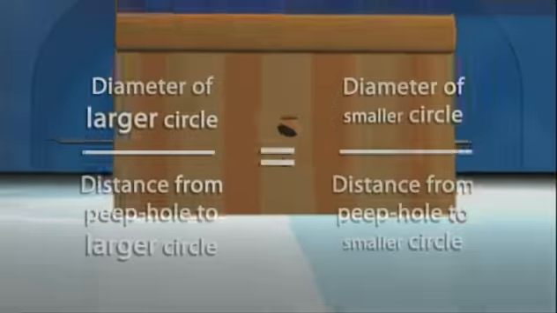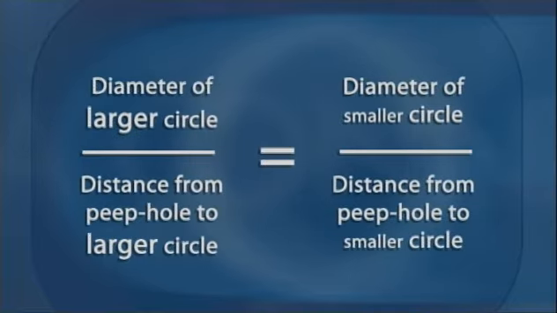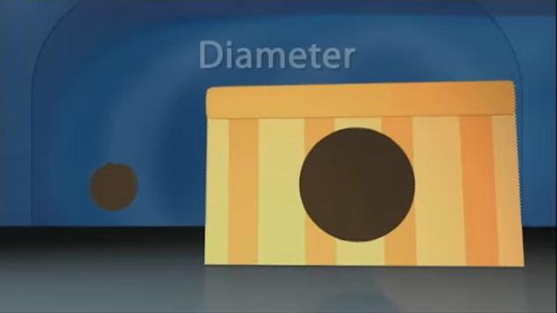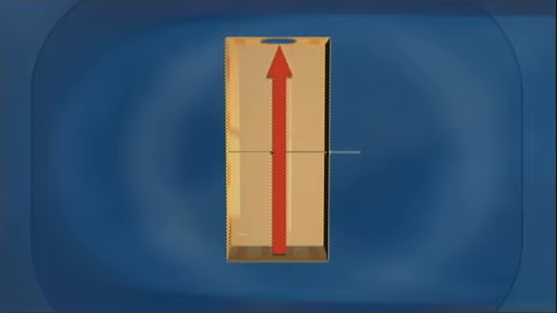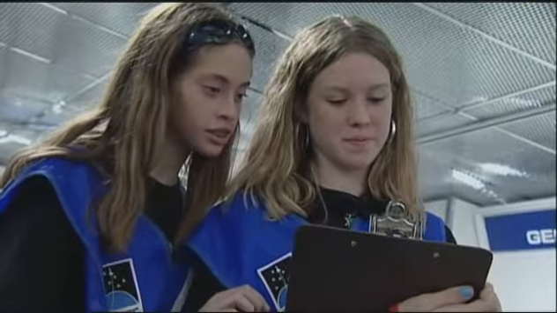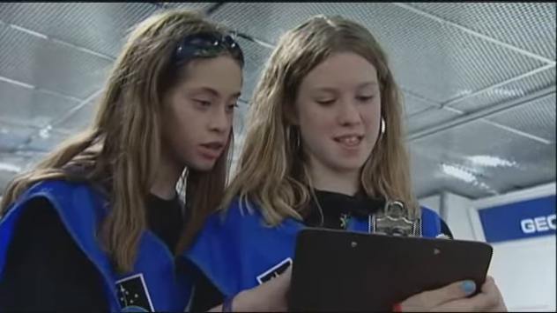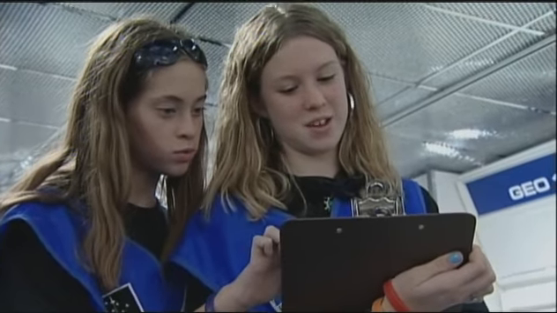Once we understood the relationship between these values, we had to decide which value we needed to find. Since we already know the diameter of both circles and the distance from the peephole to the larger circle, we need to calculate where to place the smaller circle from our peephole. We set up a proportion to solve for that value. Once we came up with a number, we measured the calculated distance from the peephole and slid the skewer stick